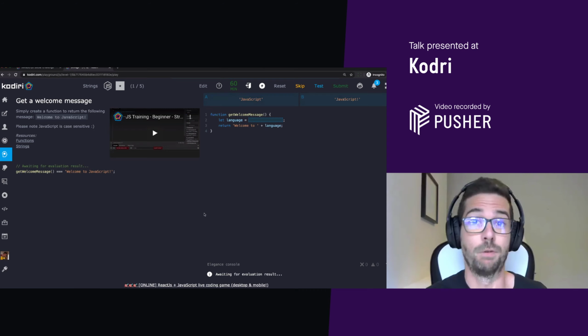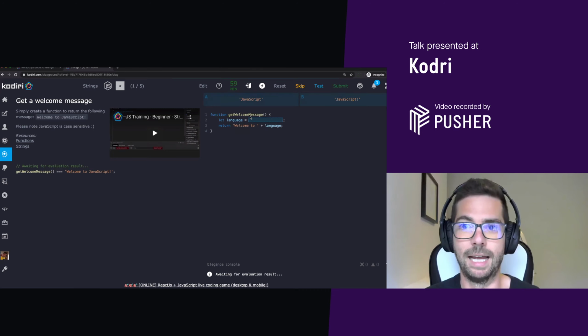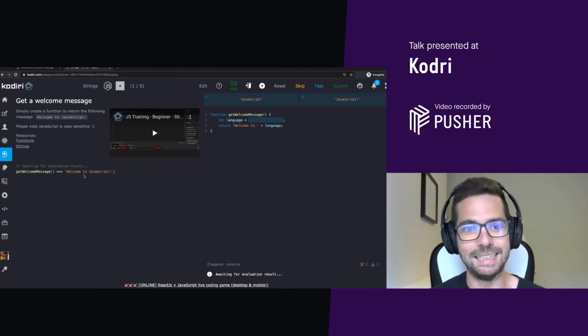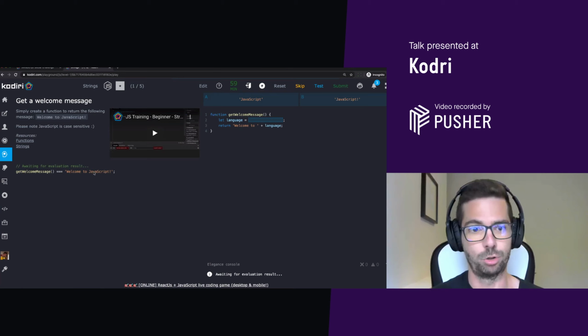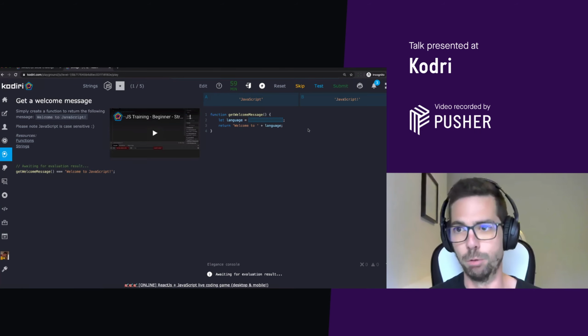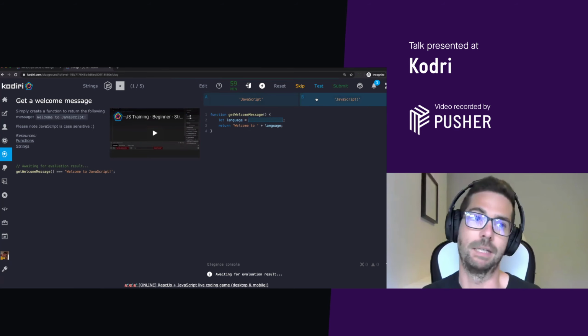We need to complete the problem by selecting the right option. I got 2 options, JavaScript and JavaScript with an exclamation mark. If we pay attention to detail, the message we need to display to our users should be welcome to JavaScript with the exclamation mark. In other words, option B is the correct one.